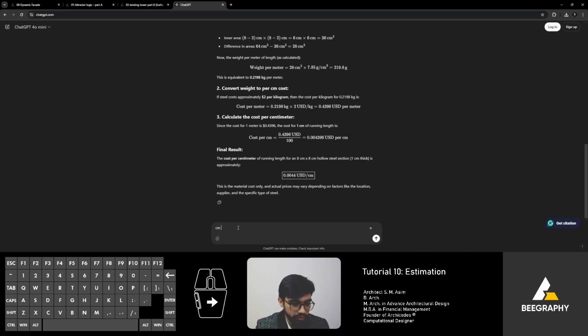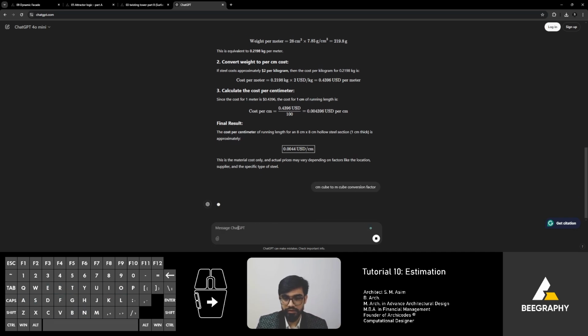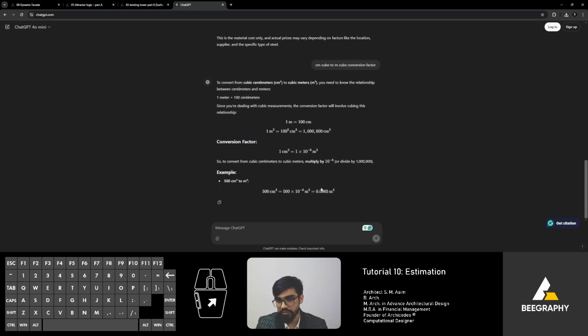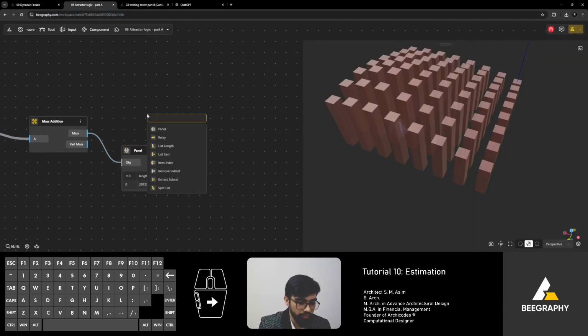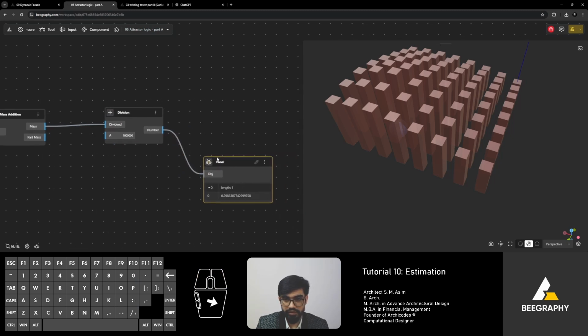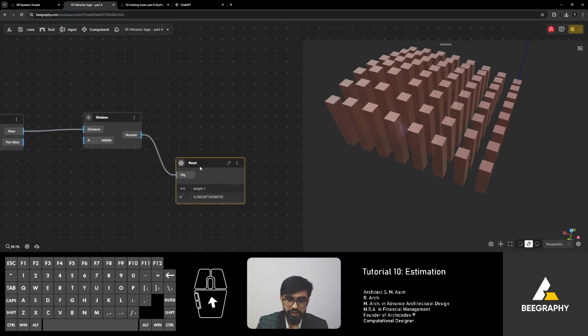Centimeter cube. So centimeter cube to meter cube. So I'm going to convert it to meter cube. Conversion factor. It'll be a big number. So 0.50, and then 1, right? Or simply I can divide it by 1 million. And we will get around 0.3 meter cube,